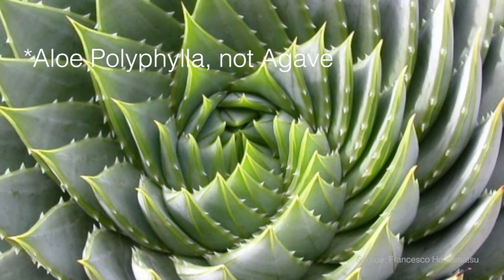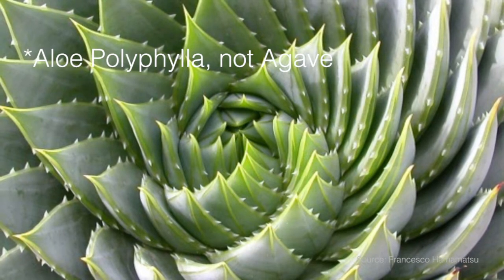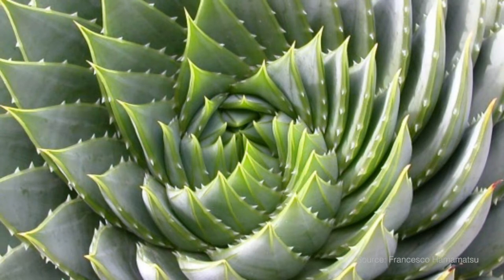The next example that we're looking at here is actually a combination of two patterns. As we begin to understand pattern, we really will start to see there isn't any exclusivity. You don't just see a spiral or a branch or a lobe. You'll start to see versions of them combined and connected together. So here we're looking at the spiral orientation of the leaves of this actual agave. The leaves are basically, there are growth points along the stem of this plant. It'll grow new leaves, and then those growth points will shift a tiny bit so that the next iteration of